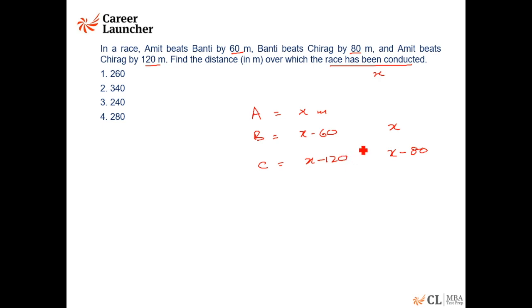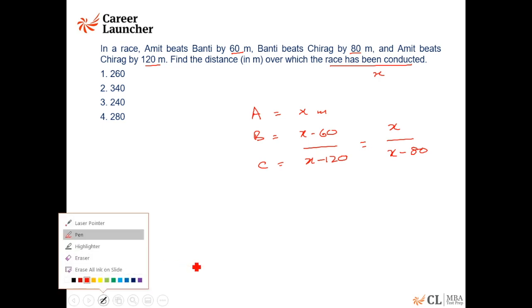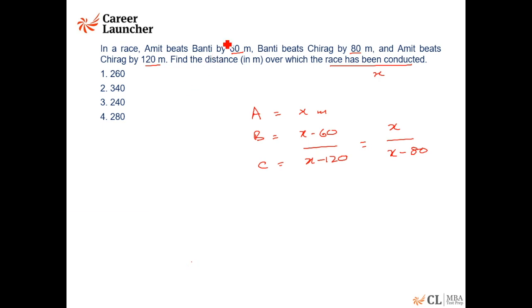This is the way we'll jot down the data. Then we'll say the ratio of distance in both these cases should be equal. We'll create a quadratic equation and verify. So this quadratic equation will be solved for x and then you'll get the answer. Okay, perfectly fine. But please, have you looked at the choices? If you look at the choices, which number is a multiple of 60, 80, 120, all of them? 240. Most probably that should be the answer. Your task should be to verify the number.